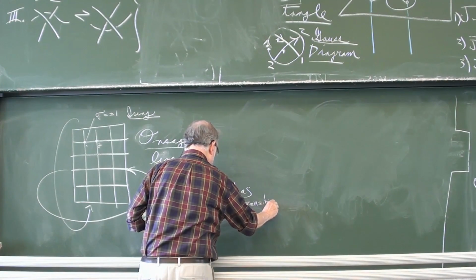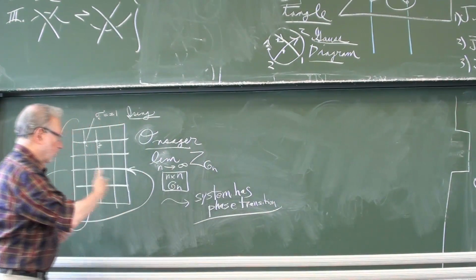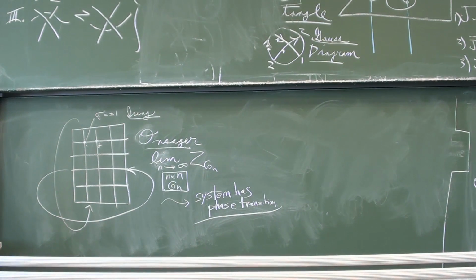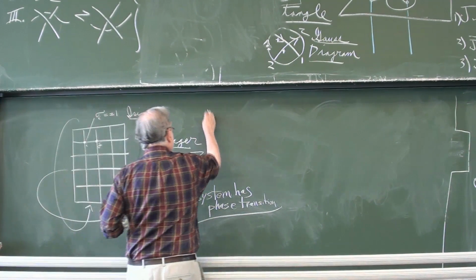Which means that there's a critical temperature, and it behaves one way on one side of the critical temperature, and another way on the other side, just like liquid to gas. And this happens on the basis of an extremely simple graphical definition of the system, which can be generalized to Potts,